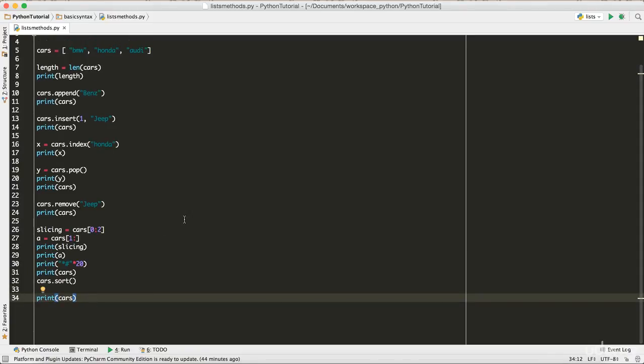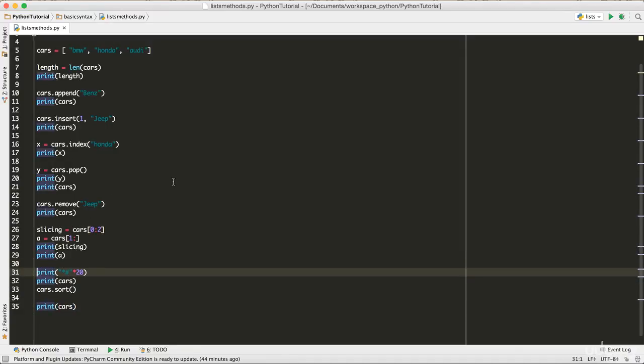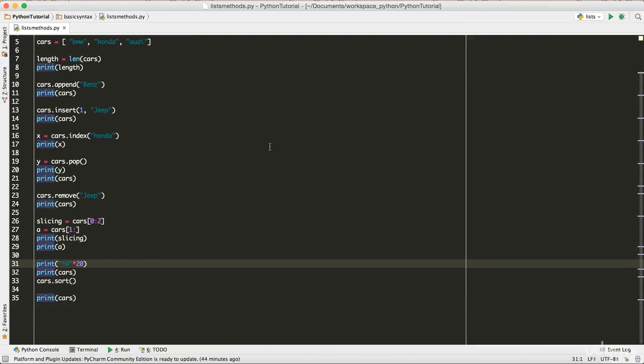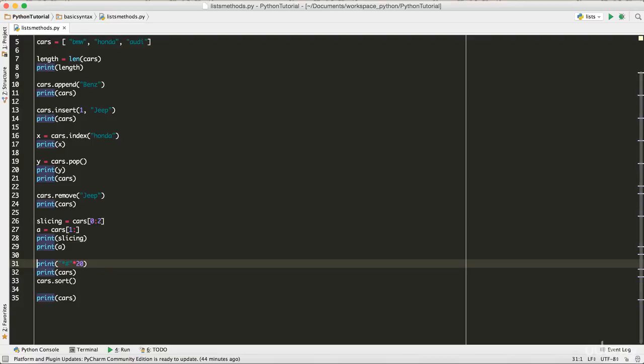We saw how we slice the items from the list, and we saw how we can remove items from the list. We saw how we can add items to the list, and we saw how to find the length of the list. So I think that's pretty much it, guys. That's pretty cool. I would just say practice as much as you can, download the file for your reference, and come back if you have any questions.